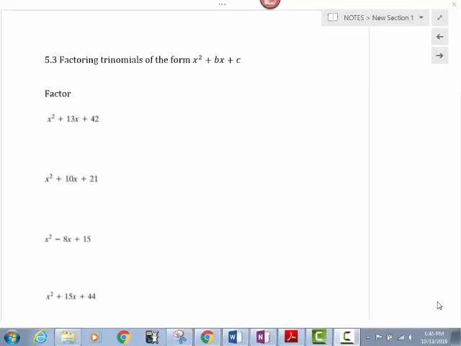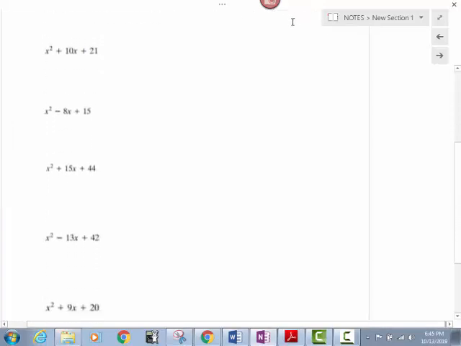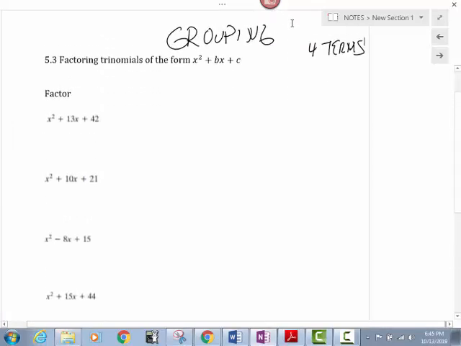All right, so section 5.3 talks about how to factor trinomials of the form x squared plus bx plus c. So guys, we're still going to use the method of grouping. But if you remember from section 5.2, when we had grouping, we had four terms, we had four pieces. In these problems in 5.3, we all have three. So all we're going to do is rewrite the problem so that we do end up with